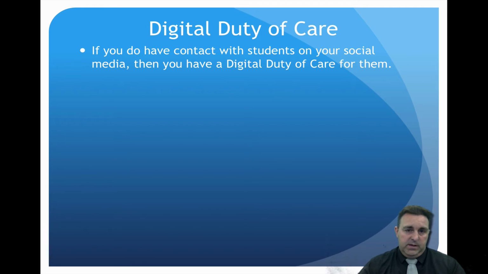The best way of looking at this is to go back to when the child was staying over at your house. If the child's staying over at your house, you have a duty of care for them. If you choose to have a student on your social media, then you pretty much have a digital duty of care. If they're putting up photos of being drunk, technically you've got a duty of care to look after them, right? You should be reporting it to their parents. Or if they're talking about suicide, then you should be on there and looking after them.